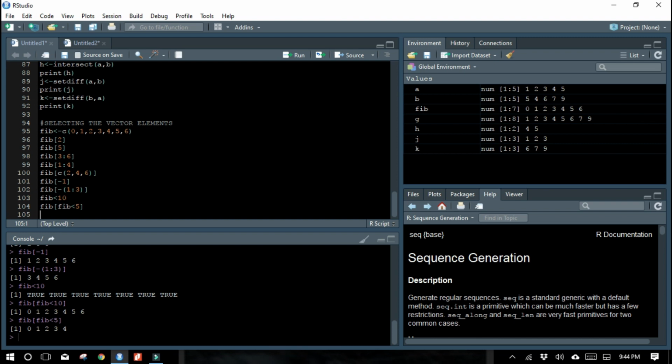Next condition, let me give fib of fib %% 2 equal to 0. So what does this return? Can you guess what this function returns?